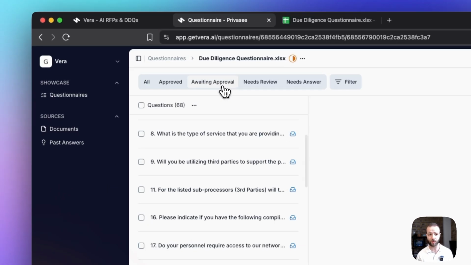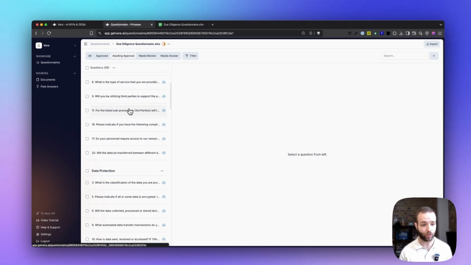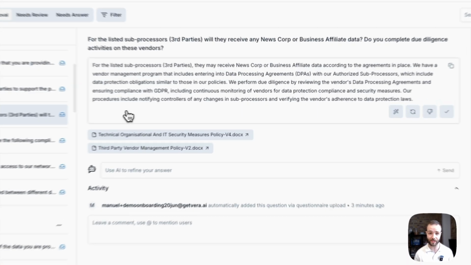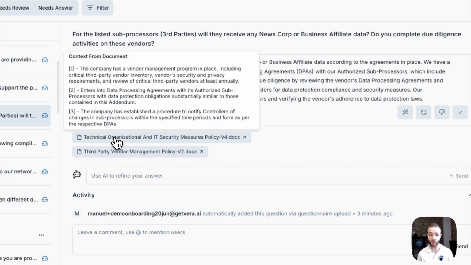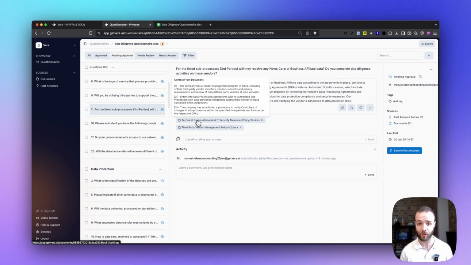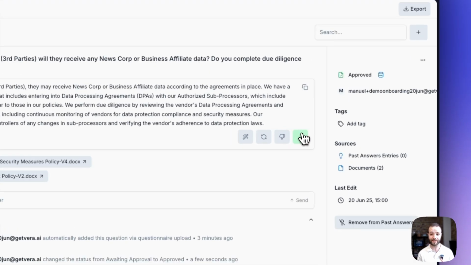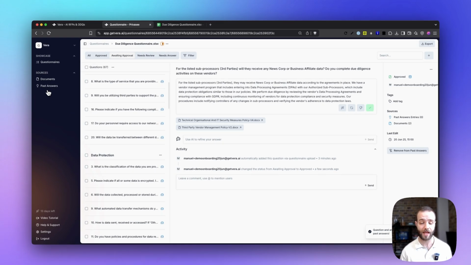So for example, awaiting approval are those answers where the platform has a really high level of confidence in the quality of the answer that it's gotten, mainly because of the sources that it relied on and also because of how closely linked to the original source the answer is. If we're happy with this answer, all we need to do is click on Approve, and the platform will then save that answer into our past answers, and it will then use that context for the next questionnaire